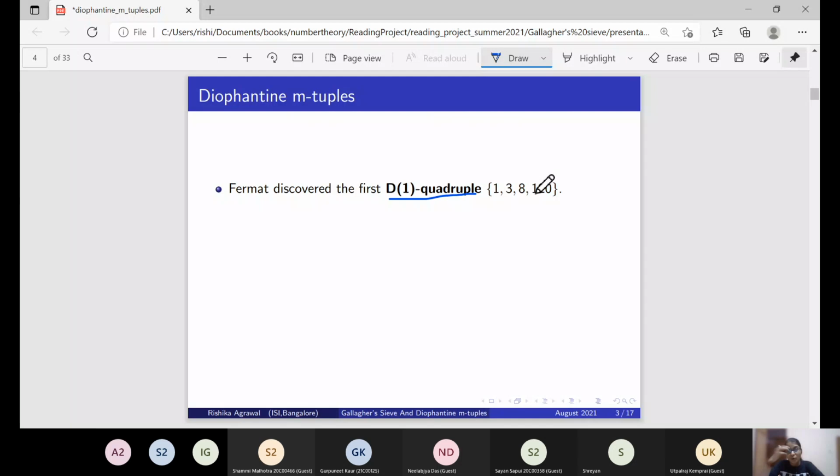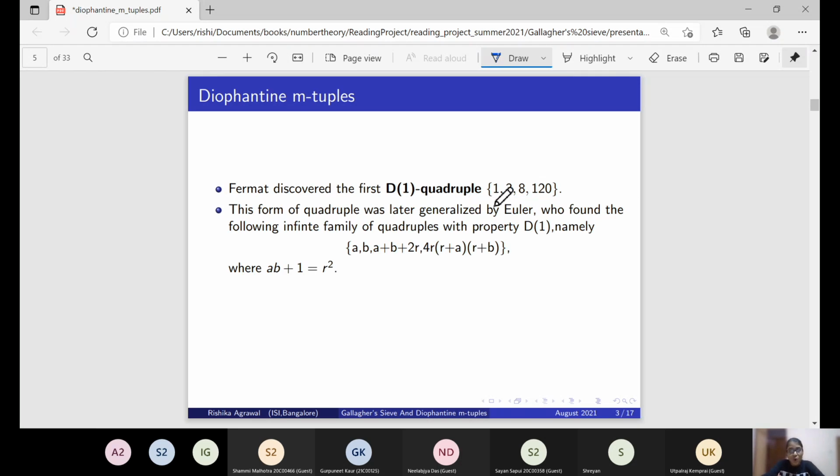So now the question revolves around how many D1 quadruples there are, or in how many ways we can extend the set, or what other sets we can have as a D1 quadruple, quintuple, or so on. Okay, so this form of quadruple was later generalized by Euler, who found the following infinite family of quadruples with